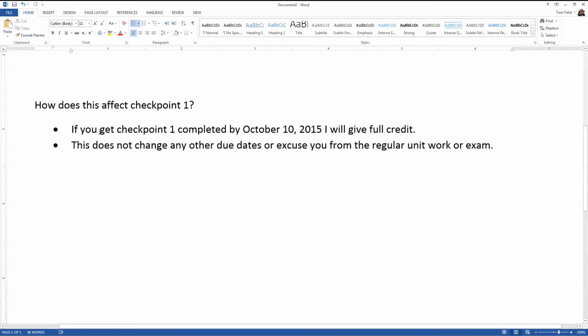For those of you who just legitimately didn't do Checkpoint 1, you get a second chance to get out there and do it. For those of you who did try but couldn't do it because your Kompozer was just absolutely not connecting, you get a second chance to get your stuff completed by October 10th. And it's October 1st right now, so I'm actually giving you 2 additional weekends to get that completed, which I think is pretty generous. So I'm giving you 2 extra weekends to work on that without any additional grade penalty,